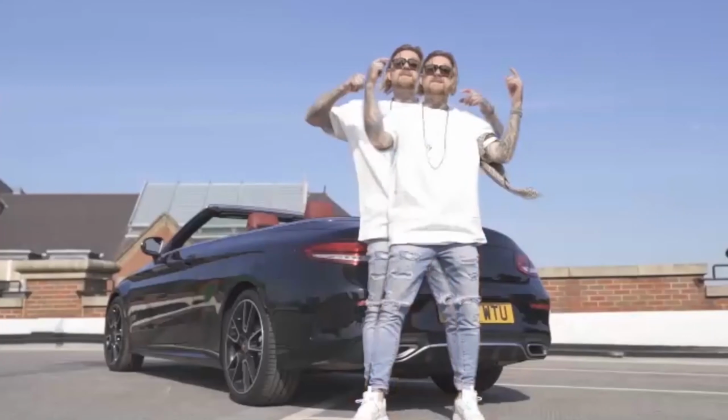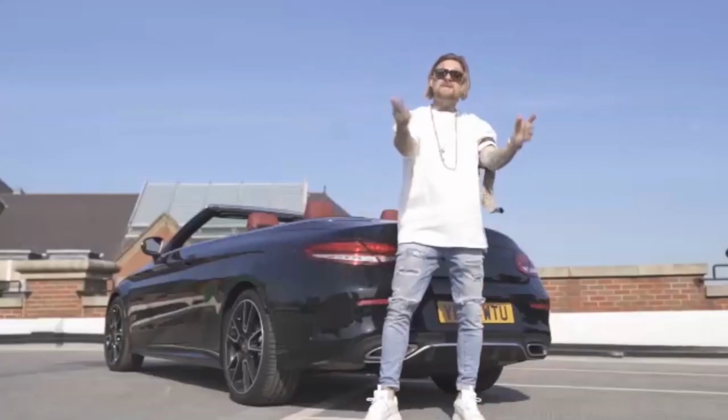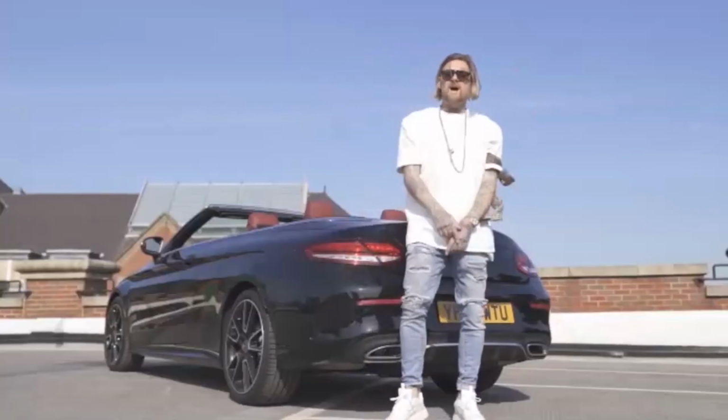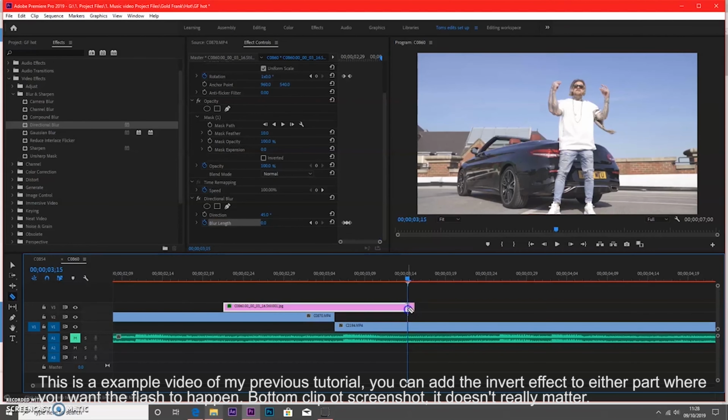This now gives another 8 frames of it being in the shot before it transitions into the next shot. This is just so the audience can see what's actually happening and the transition is not happening too fast for people to be like, what's even just happened? So let these 8 frames play out, and as it's getting near to the end, so let's just say 3 frames near to the end, you want to go to the bottom clip, so the video clip that it's on,